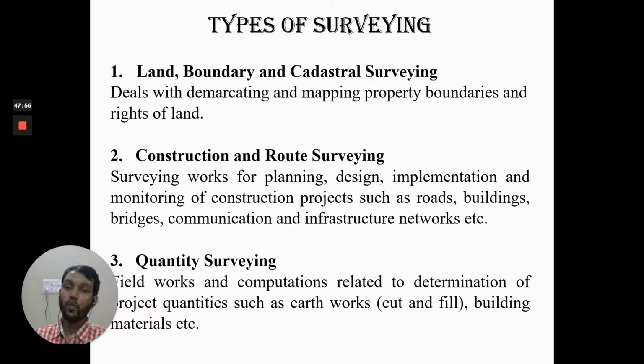The third one is quantity surveying. What is quantity surveying? As I told you, suppose there is a ground which is level, but what we require is a ground surface at a decreasing elevation, suppose for any activity. So what we need to do, if the grade line slope is known to us, say it is minus 1.5%, it should be decreasing by 1.5% as we go forward. It means for every 100 meter horizontal distance we should be going down by 1.5 meter vertical.